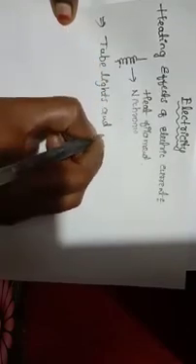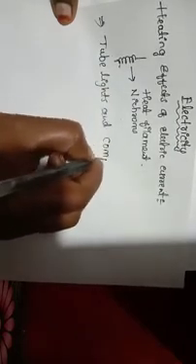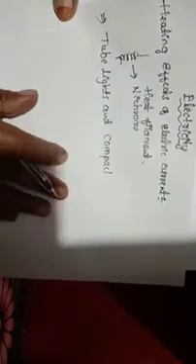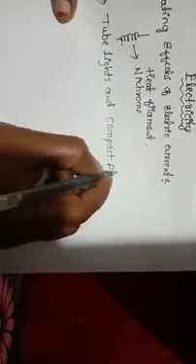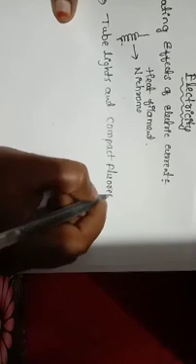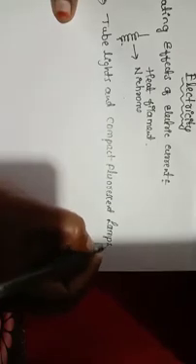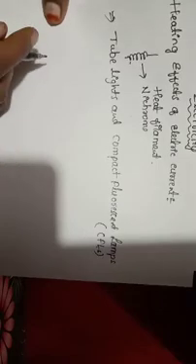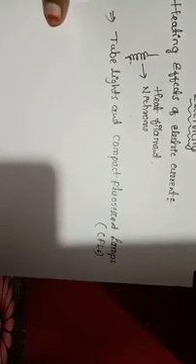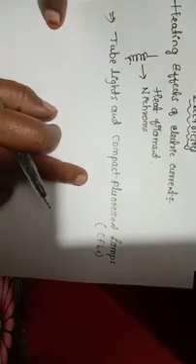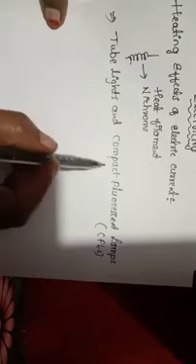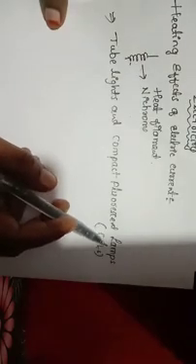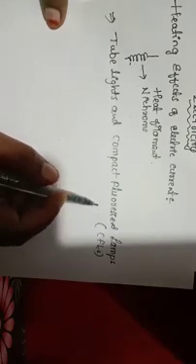Tube lights and compact fluorescent lamps, CFLs for short. Wastage of electricity can be reduced by using fluorescent tube lights. In place of bulbs, CFLs, compact fluorescent lamps, also reduce the wastage, and can be fixed in ordinary bulb holders.